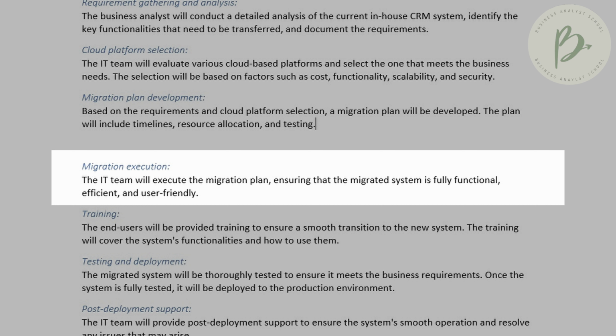So the fourth one is our migration execution, which can also relate to the development within our SDLC, which we looked at in the last video, part 3. In this migration execution, this is again the IT team which will execute the plan, number 3, migration planning development. This is when they will execute that plan, and then they ensure that the migrated system is fully functional, is efficient, and is